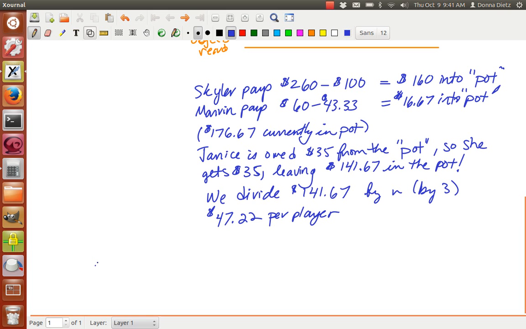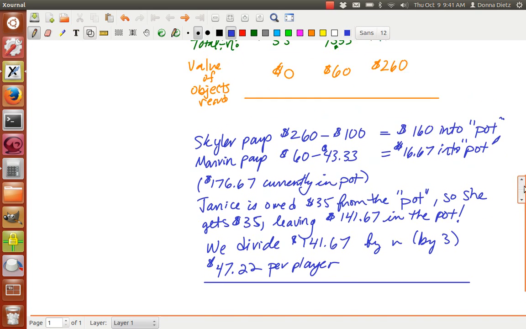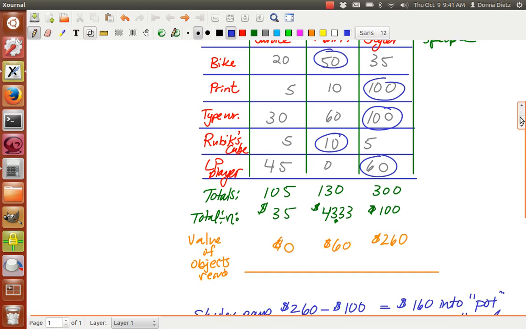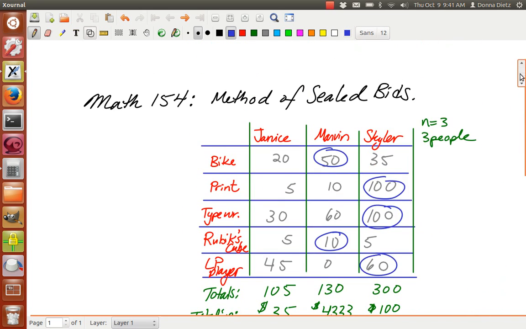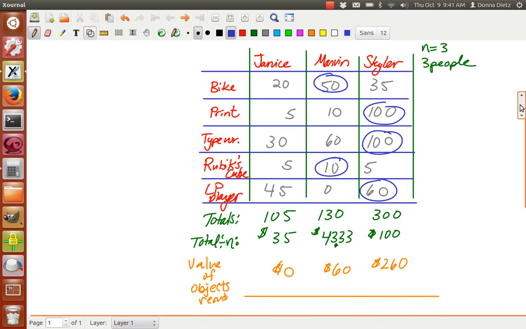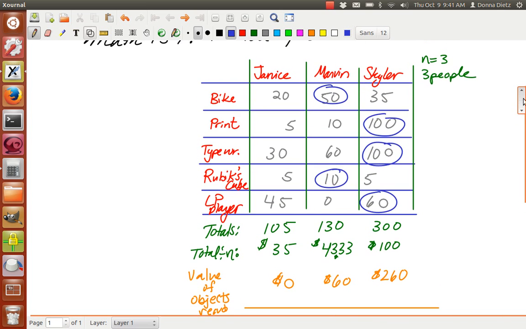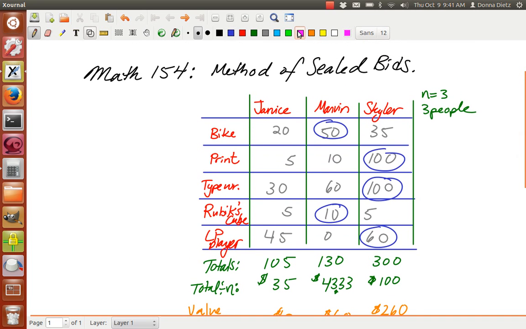And the last thing you need to do is what's called the final cash outlays, because, you know, we can just do this. If it's only 3 players, we can sit there and count out the money, but that's really dorky. I mean, we have arithmetic for a reason. And so what we're going to do is figure out how much each person has to pay in, right? So Janice pays nothing. What's the final cash outlays? So what do we say? We're going to just say final cash outlays.